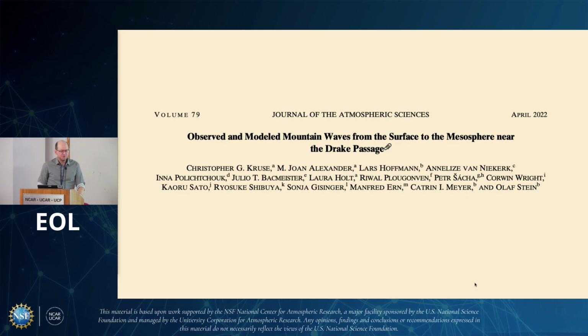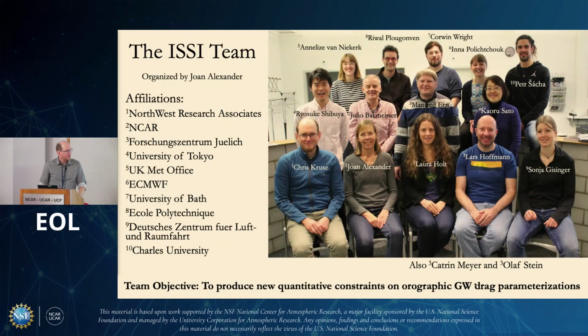So within this talk, I'm going to be showing results from 2 recent papers. And so here's the first paper, and the first topic really is mountain waves. So we're looking at observing and modeling mountain waves throughout these altitude regions over the Drake Passage area. This project came about as part of an International Space Science Institute team that was organized by Joan Alexander just across the street. This project brought together this great group of people with expertise in satellite observations, in weather prediction, in climate modeling, and parameterization development, and it was really a great group of people to bring together to study this particular topic. And here, the overall objective was to try and produce new quantitative constraints on mountain wave drag